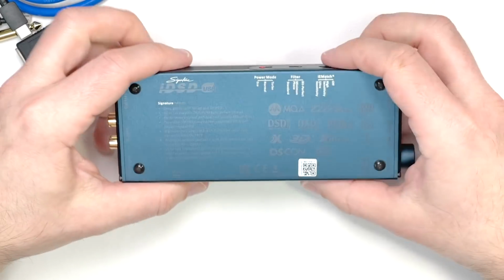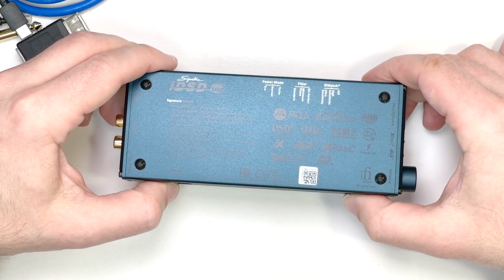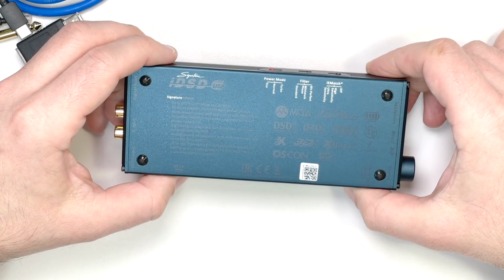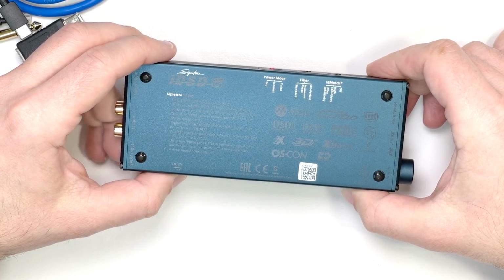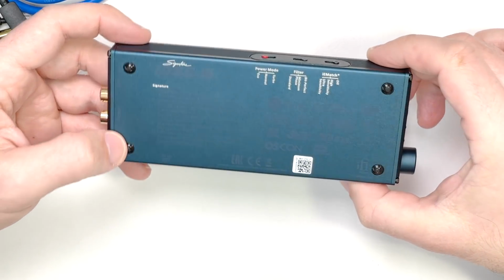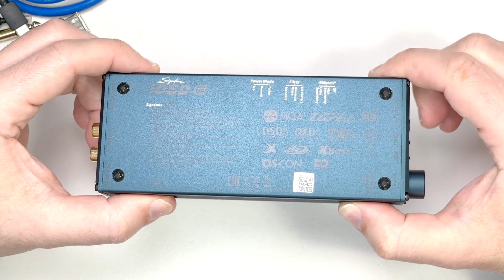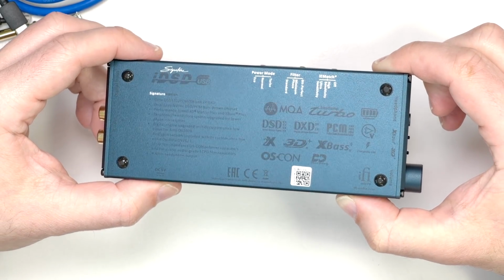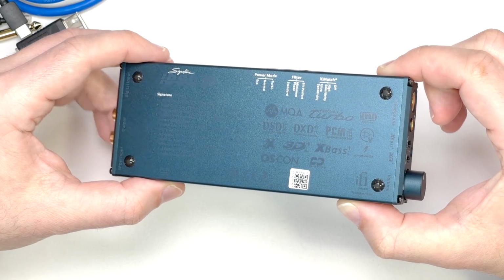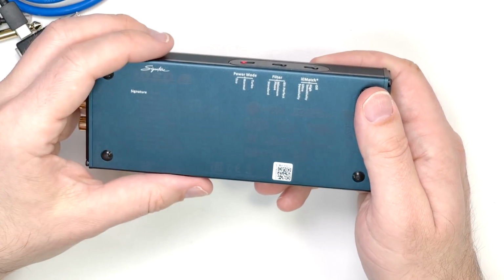And well, if we look on the bottom, this is where we get into the features and functionality. And rather like those people who have modified their cars and stuck stickers of every component manufacturer on their rear windows, and they can't even see out for the amount of stuff they've added, iFi have done much the same and badged the crap out of their DSD signature with every little bit of component feature and whatever that they have in there. But the relevant ones are kind of written in white text here, such as the power mode,